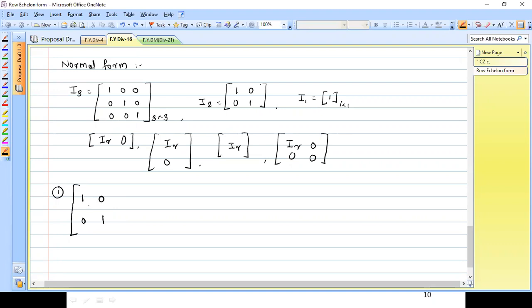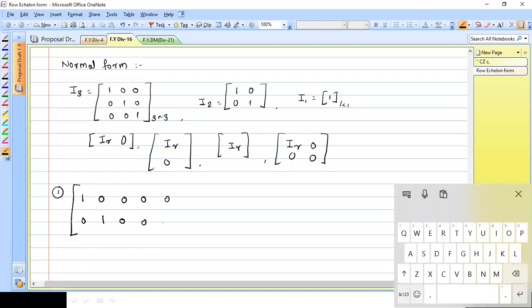Sir, identity matrix of 2 into 2 matrix. Yes, so I can say this is I2 directly. This is nothing but I2, and we have 0 like that. Either we have 0 like that, or we have some more 0, no problem. So we don't know what is the order of that 0 matrix, but whatever we have, that is all null matrix or 0 matrix. So we are interested in only that part.